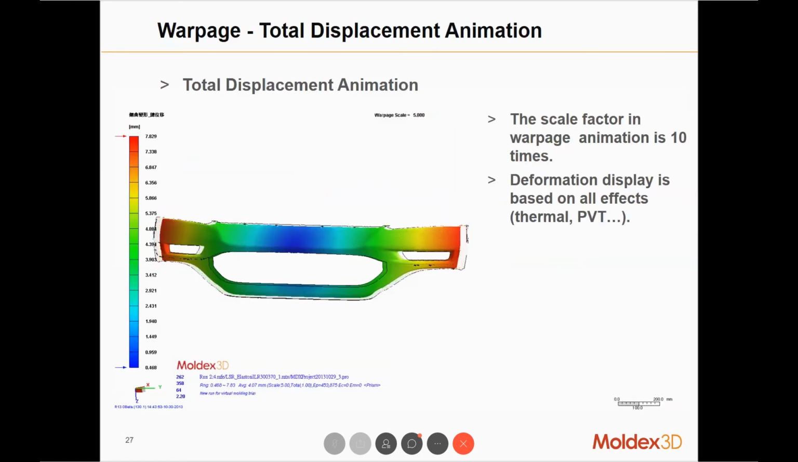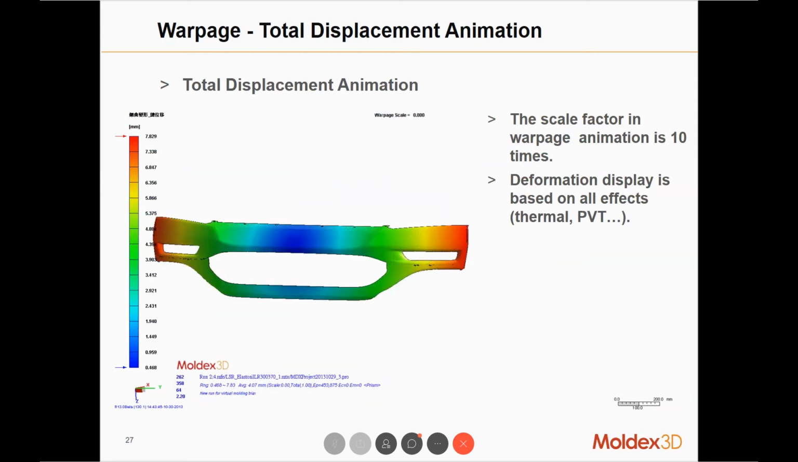Okay, and after ejection, the most important thing is the deformation. So the Moldex3D warpage calculation considers not just the thermal properties and the PVT of the material, but also the mechanical properties altogether, and calculates the deformation of the part. And like I mentioned before, for thermoset, normally the volumetric shrinkage is smaller compared to thermoplastic. So sometimes it is difficult to tell whether the part is